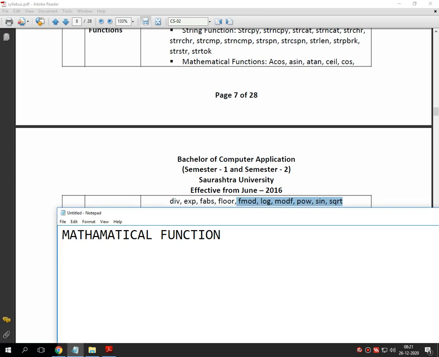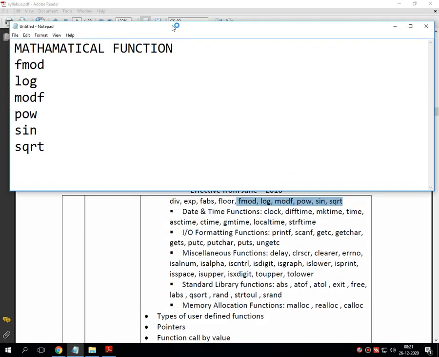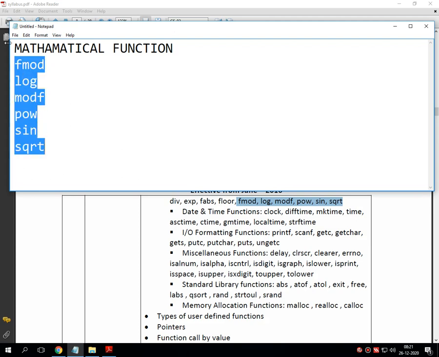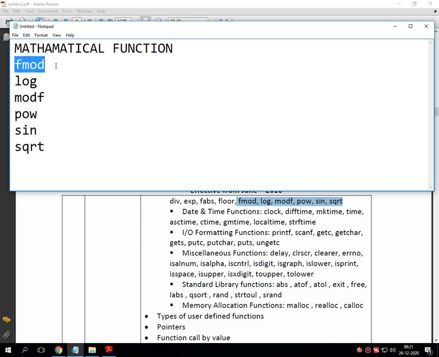These functions are fmod, log, pow, sine, and the last one to be discussed is square root. So these are the functions that we have to discuss in mathematical functions as far as the syllabus is concerned. So let's start with fmod.